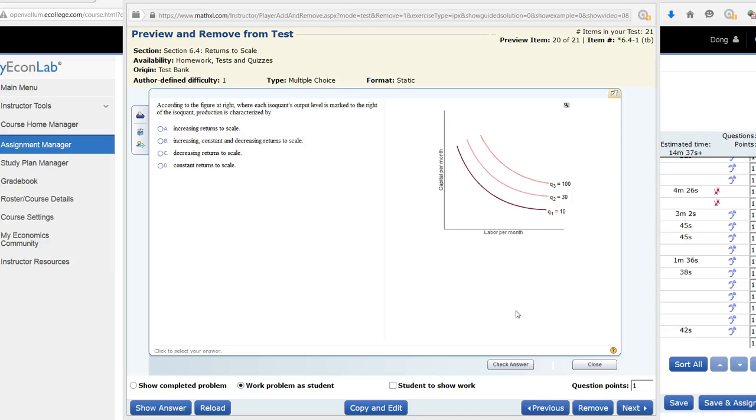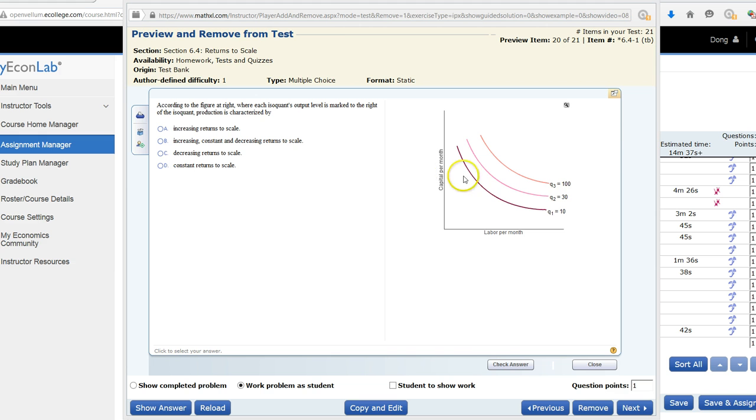This is question number 20 of quiz 7 for chapter 6. According to the figure on the right, where each isoquant output level is marked to the right of the isoquant, production is characterized by A. Increase in return to scale, B. Increase in constant and decrease in return to scale, C. Decrease in return to scale,